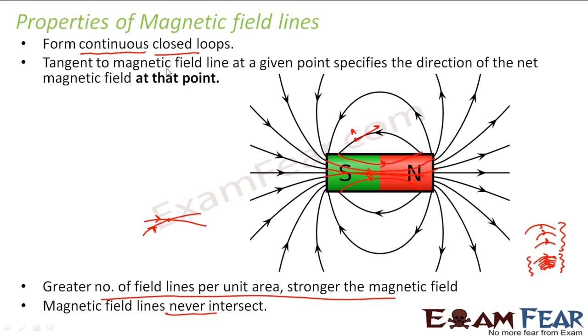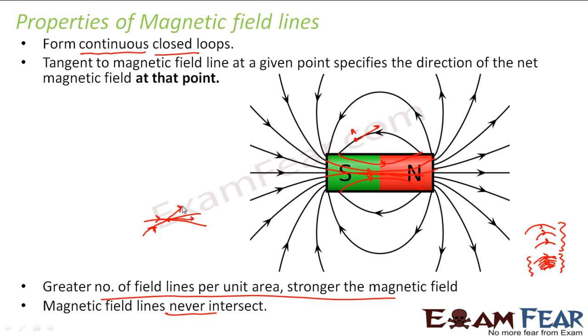Now, what did I tell in the second point? I told that at any point a tangent drawn to the magnetic field line will tell me the net direction of the magnetic field at that point, right? So now if I look at this point of intersection, at this point you can draw two tangents, right? One tangent to this curve somewhat like this and the other tangent to this curve somewhat like this. So that means you will end up getting two directions of the net magnetic field at one point, which is not possible, right? The net magnetic field can have only one direction at a point. So that means two directions at one point is not possible. That is why two magnetic field lines cannot cross the same point. That means they cannot intersect.